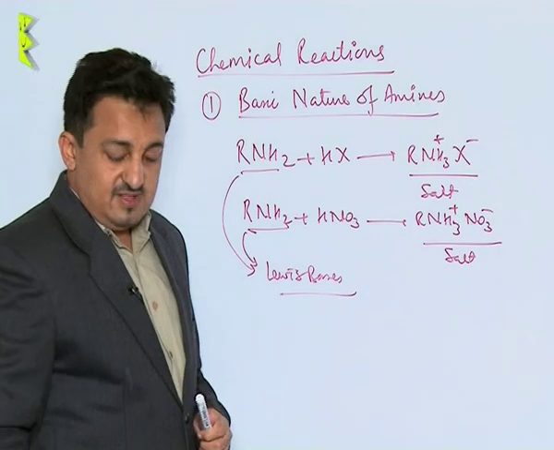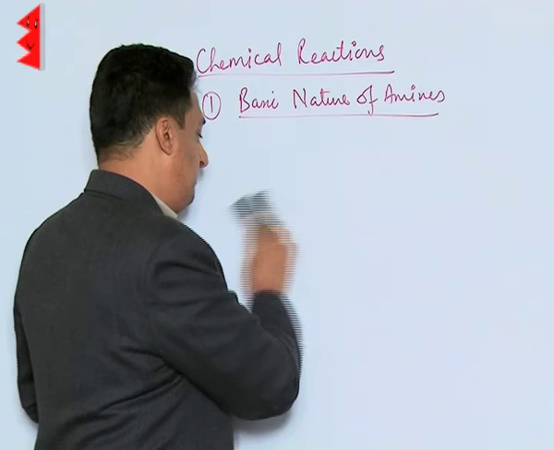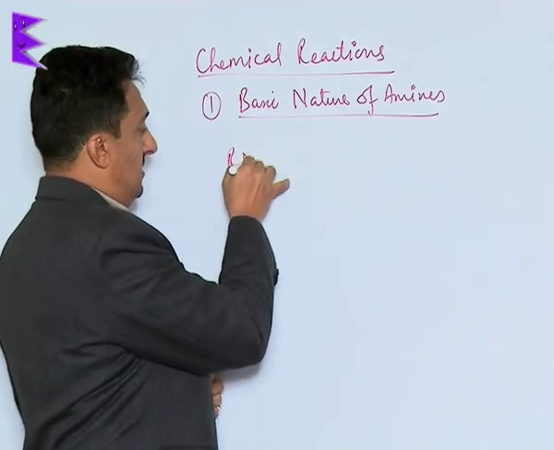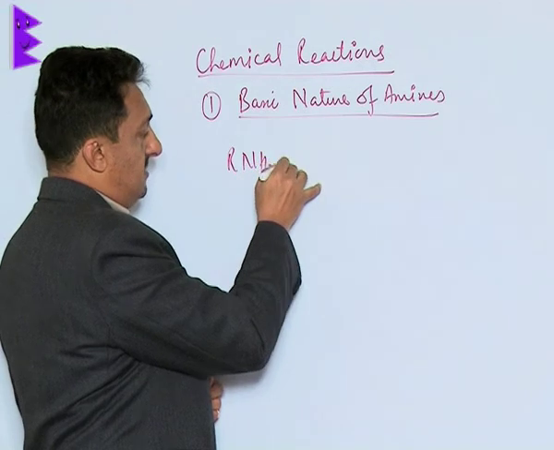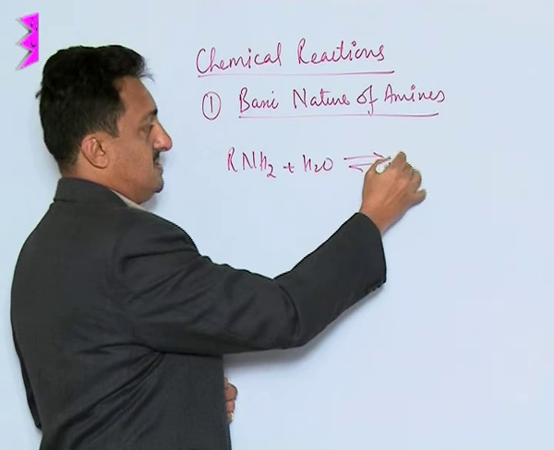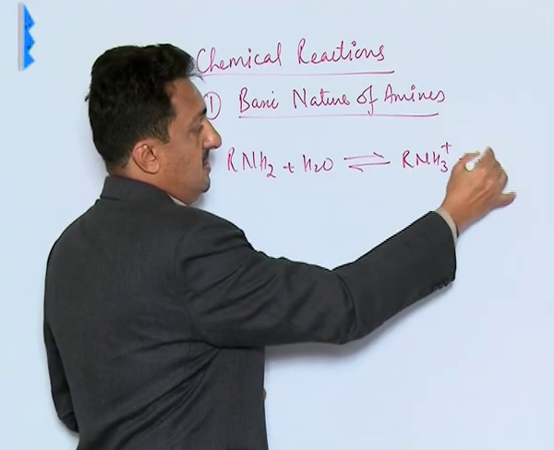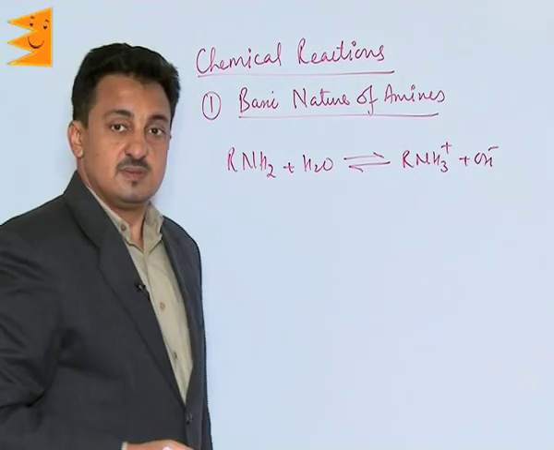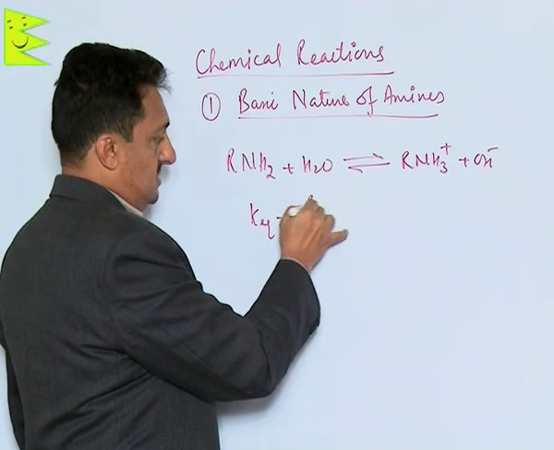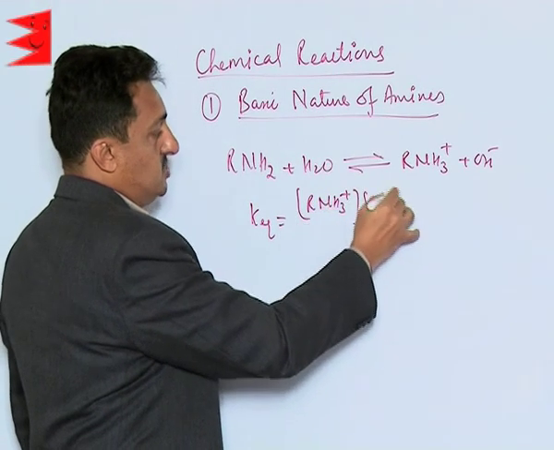The most interesting thing about these amines is that even in the aqueous medium they are very good bases. These amines in water accept H plus and get converted into RNH3 plus and release OH minus. We can write down their equilibrium constant as RNH3 plus OH minus